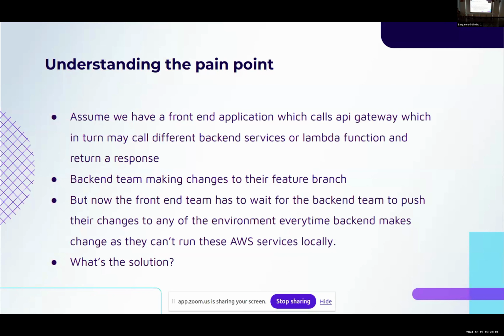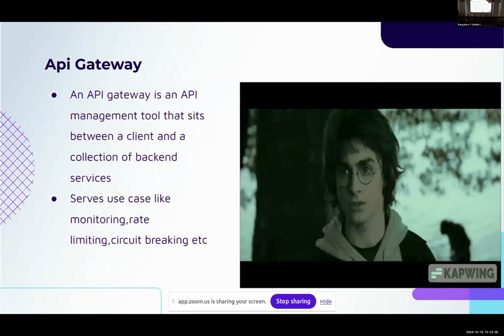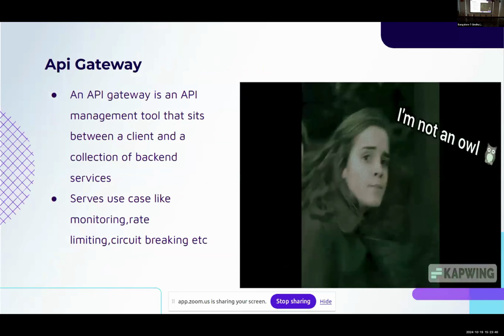API gateway proxies it to either of the backend services. It might be Lambda, might be your local services. The problem we were trying to solve is that in some cases it is pointing to a backend server, but these changes are not deployed in any environment, and you want those changes and want to work in parallel with the backend team. So before we try to solve this problem,